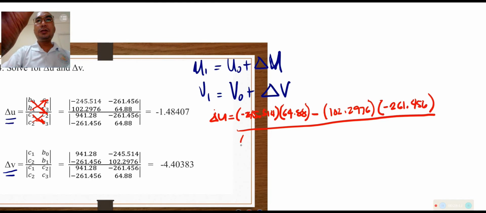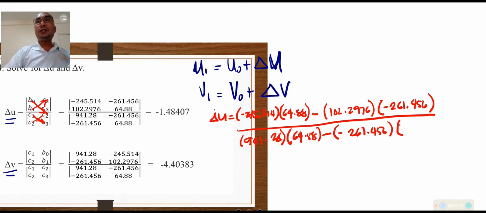So that is 941.28 times 64.88 minus parentheses negative 261.456 times negative 261.456. Supposedly, if you solve this, you will arrive at negative 1.48407. So you do the same with